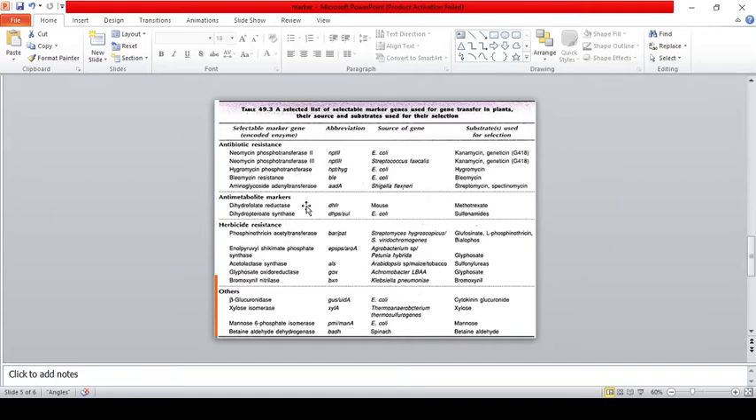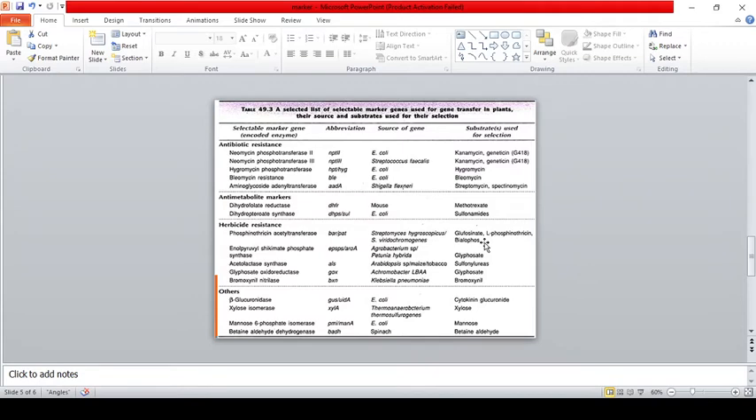We already dealt with this antimetabolite marker. In this study, the dihydrofolate reductase gene is taken from mouse. The next is herbicide resistance. The first herbicide resistance gene is phosphinothricin acetyltransferase. The abbreviation is BAR or PAT. The source organism is Streptomyces hygroscopicus and the substrate used is glufosinate and